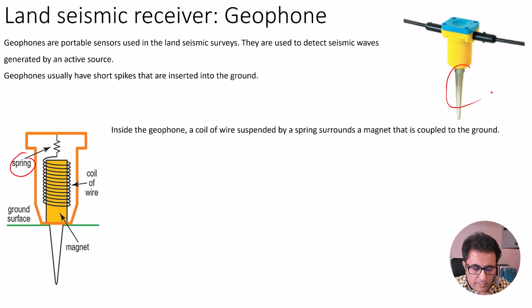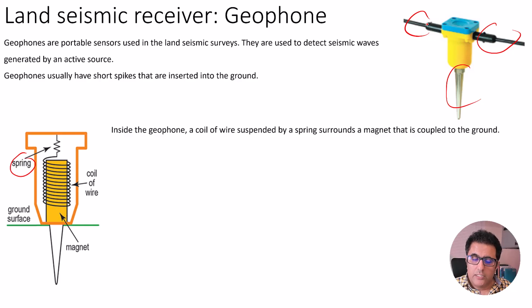Once the earth vibrates, this coil oscillates up and down, and we know that according to Faraday's laws of induction, it produces some electricity,